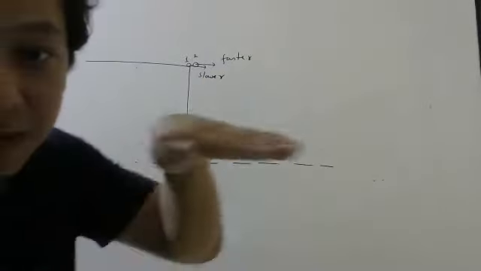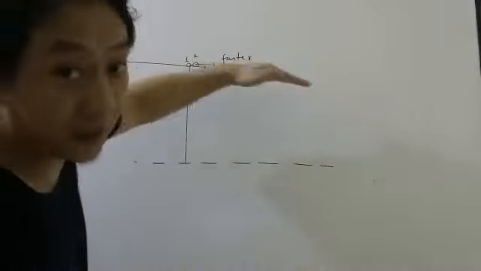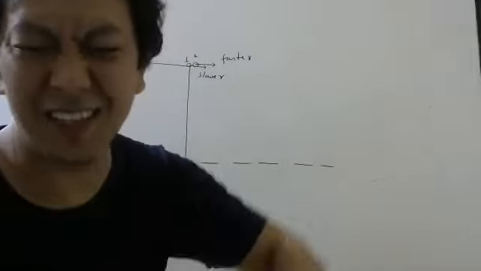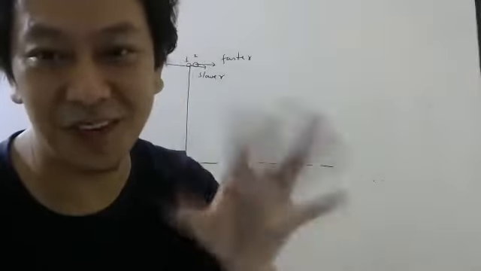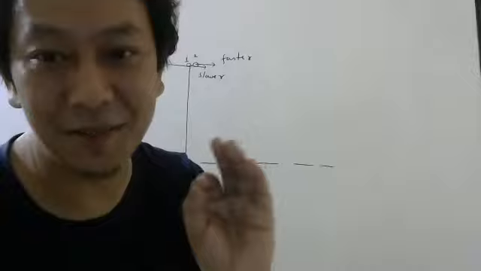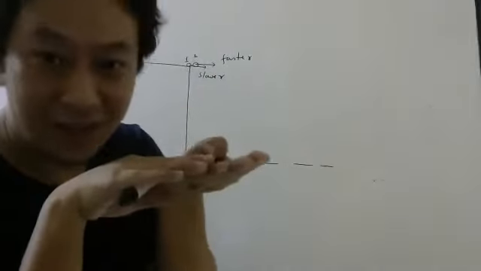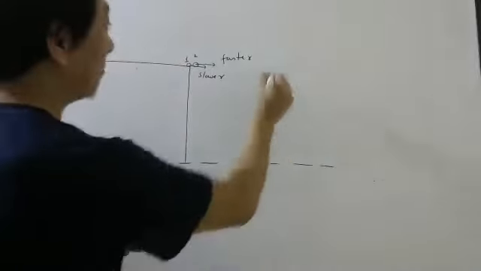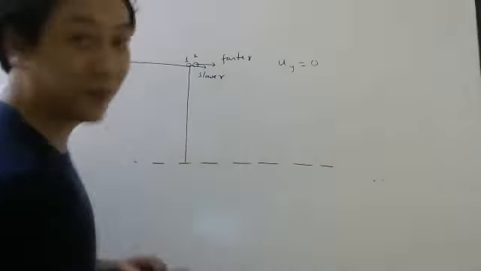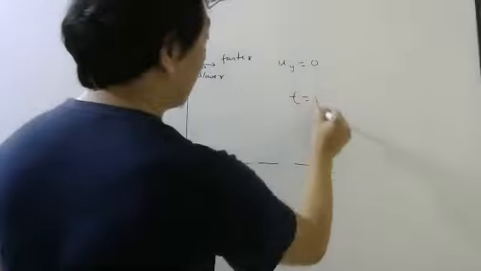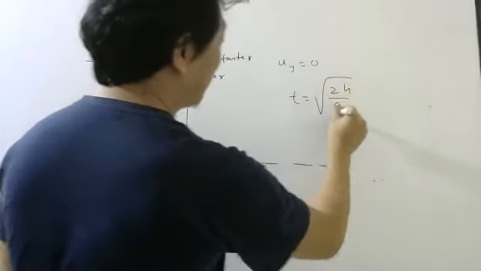But since the table is horizontal and they are rolling, you know that time taken has nothing to do with the x component of velocity. It only depends on the y component. So both of them are coming horizontally, so the y component of initial velocity is 0. So time taken for both of them will be root of 2h by g.